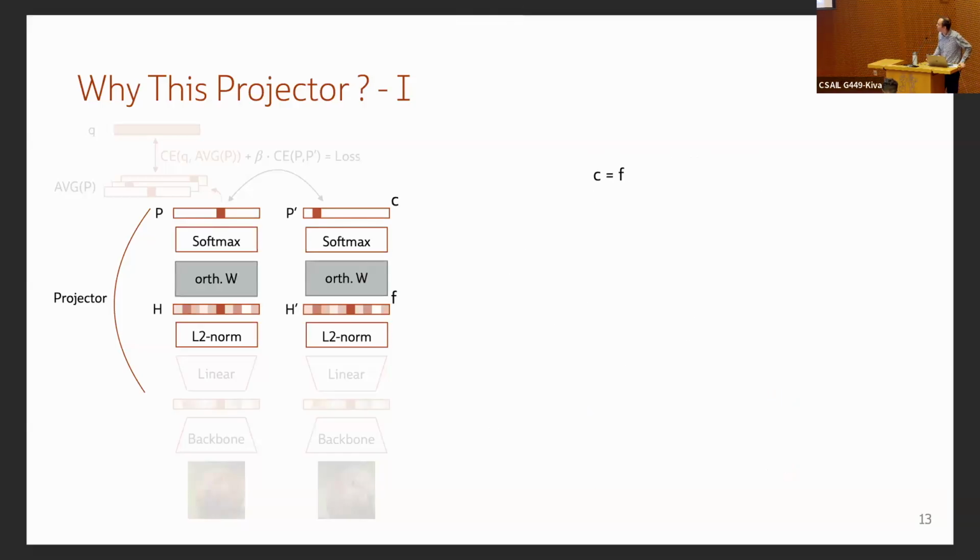Now, so far we assumed that our output and the size of the embeddings are the same. But in general, since we want to increase this value of C, we have to increase also the size of the embeddings H. And this can lead to a problem of storing this W matrix. And ideally, we cannot go beyond a certain value. So in order to deal with that, we would like ideally to increase C, but not increase F, to ensure the property that we were mentioning.